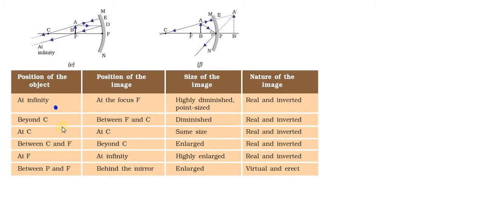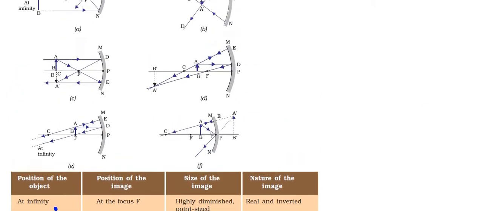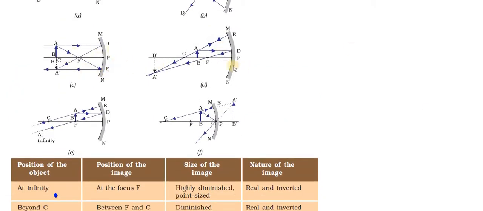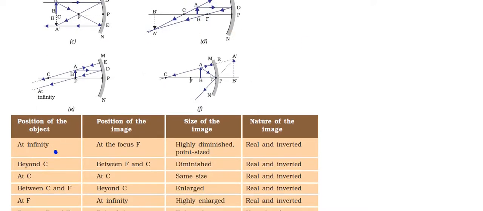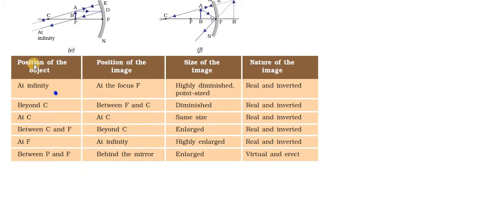If you want, you can write this table down. Why should you remember it? Because based on this only we can draw the diagrams. If you want to get exact positions, we need to draw using a scale and exact measurements. But in the examination we are not able to do all those things. So without measurement, according to the labels, we can place it. So just remember this table here.